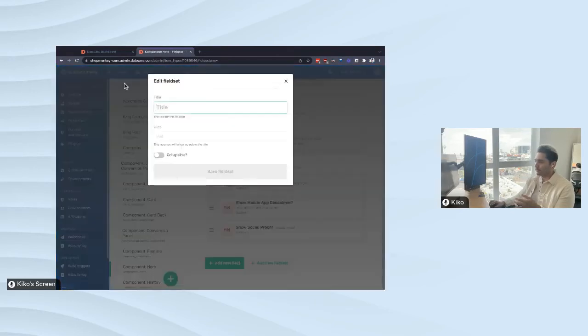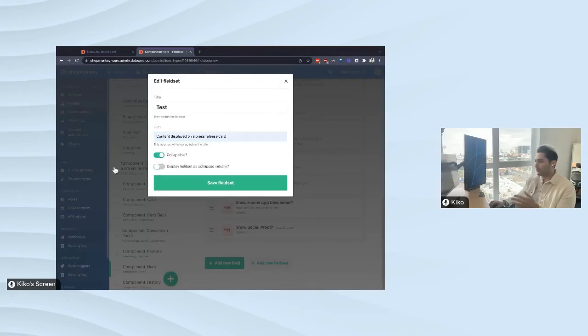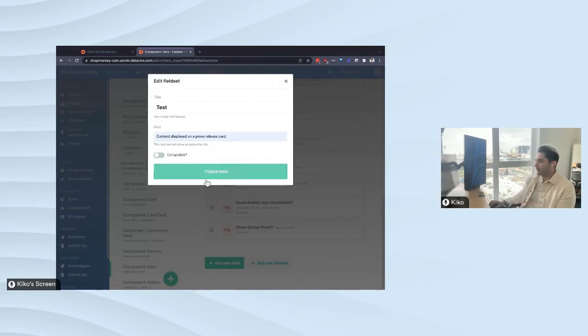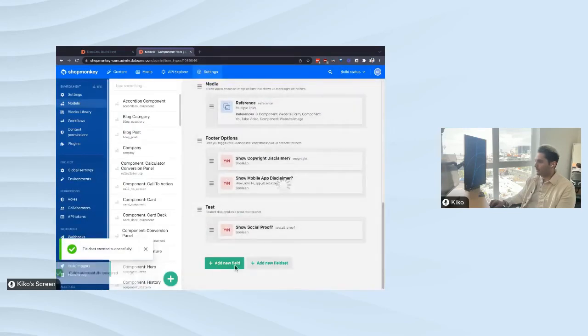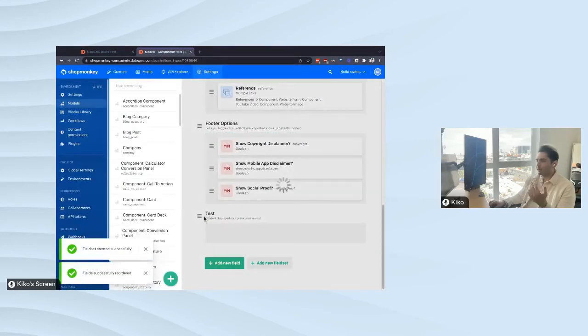going into add new field set, calling it whatever you want, like test. You can really add some helper text here, or a hint, as Dato says. You can make it so that it's collapsible or only displayed collapsed initially. But I would just go ahead and disable that, and you can just drag and drop your different fields into it, and it's automatically updated, and there really isn't much you have to do in the way of changing your